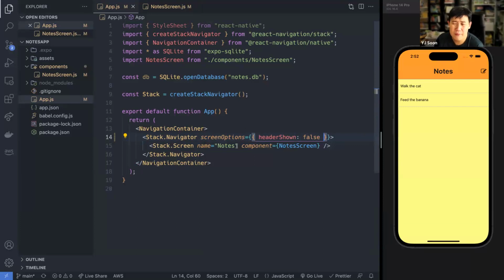Okay, so sometimes you're just going to run into all these deprecations. These are just warnings, right? They won't actually affect your app. But if you don't want them to show up, you could suppress warnings. There is a way to do that. Or you can try and fix it, figure out what it is. That one was fairly obvious to me. It said, look under screen options, set this key, header shown, to false. But if it's not obvious, then just go ask ChatGPT what is going on. All right, so great. This is so far so good.